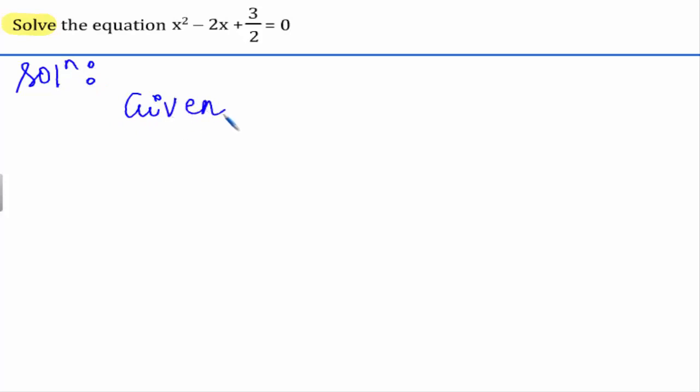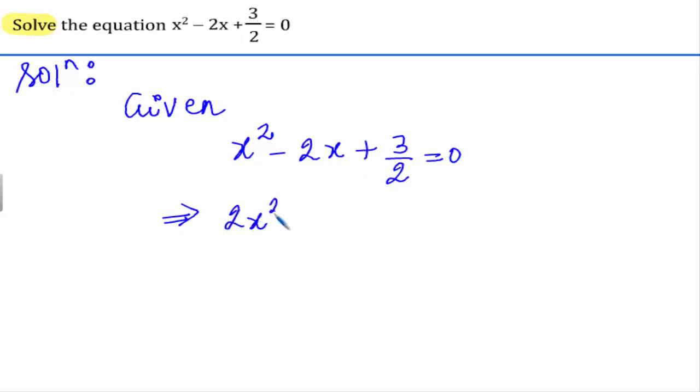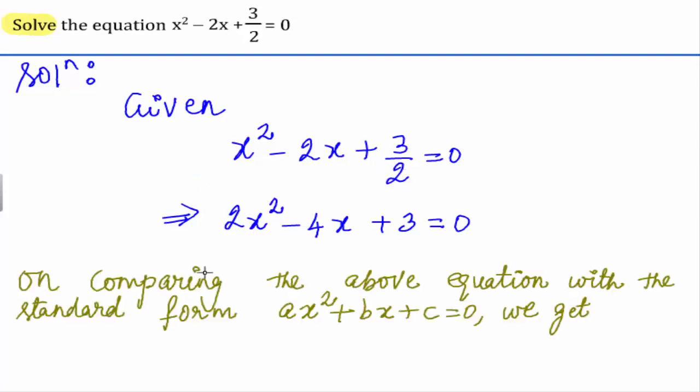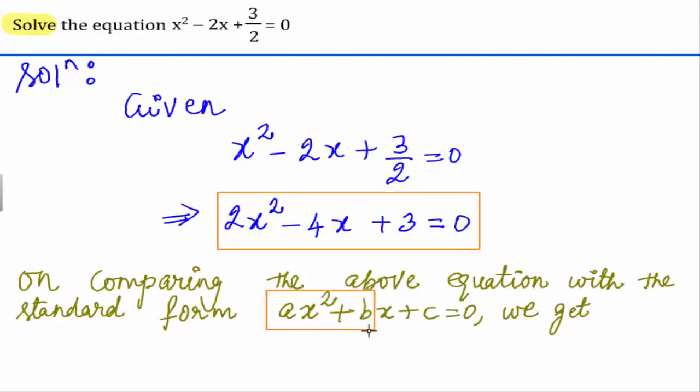Given quadratic equation is x square minus 2x plus 3 upon 2 is equal to 0. We can rewrite this equation as 2x square minus 4x plus 3 is equal to 0. Here we have multiplied the given equation by 2. Now, on comparing this equation with the standard form ax square plus bx plus c is equal to 0, we get